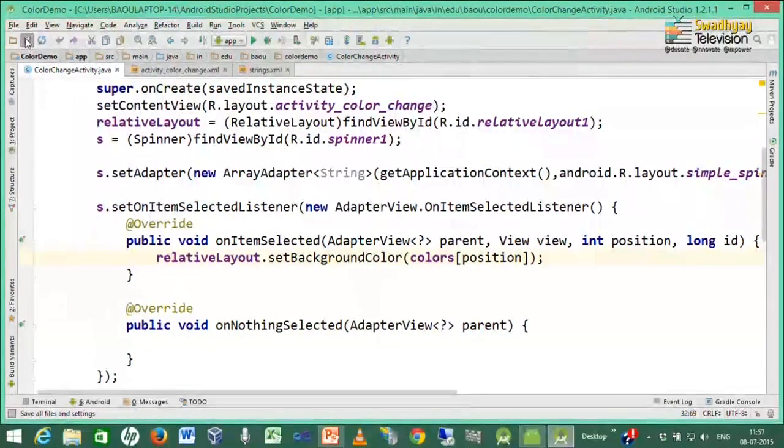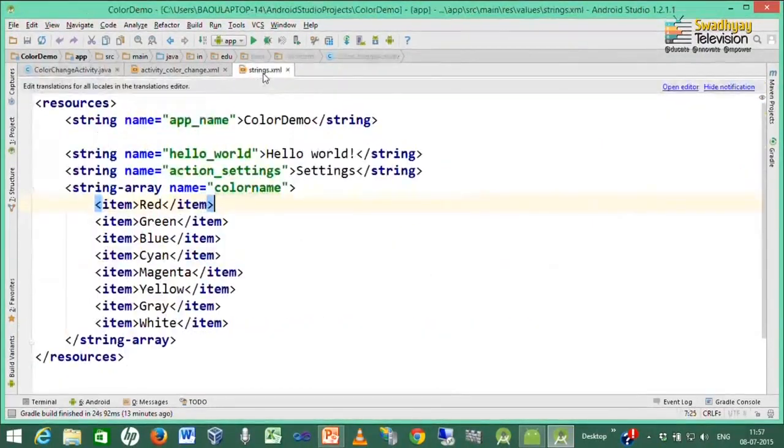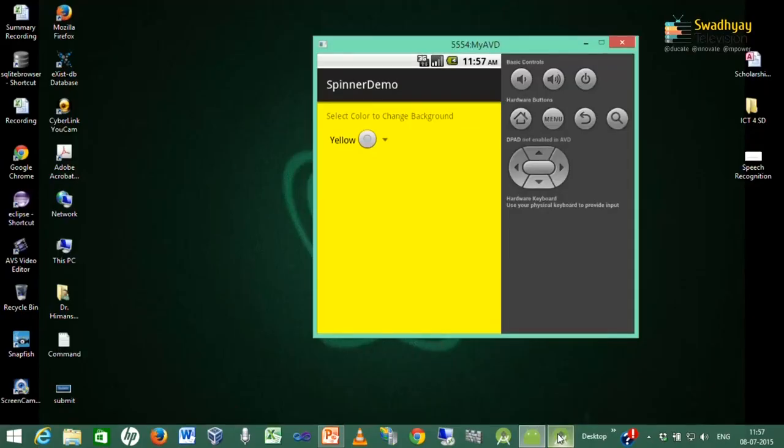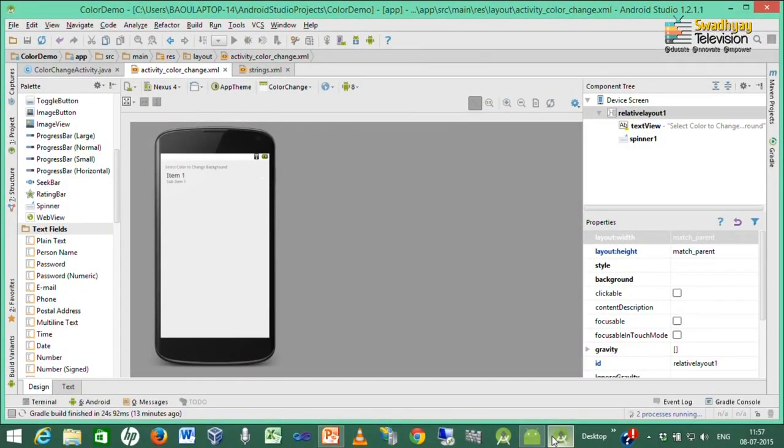So, we save this file and next we run this file. Here I am pressing the run button to check whether it is working okay or not. Here one emulator is already running, so it will try to launch our application inside this running emulator, and you can see different messages inside this window.